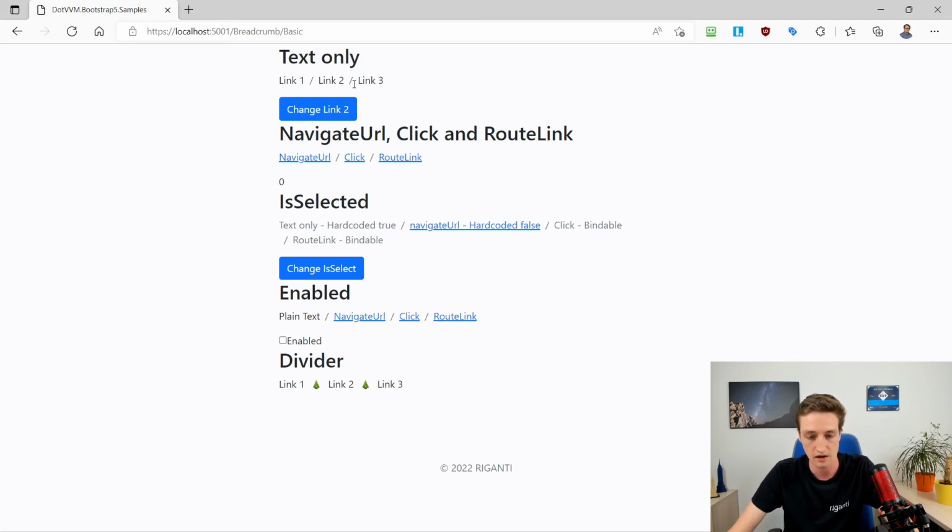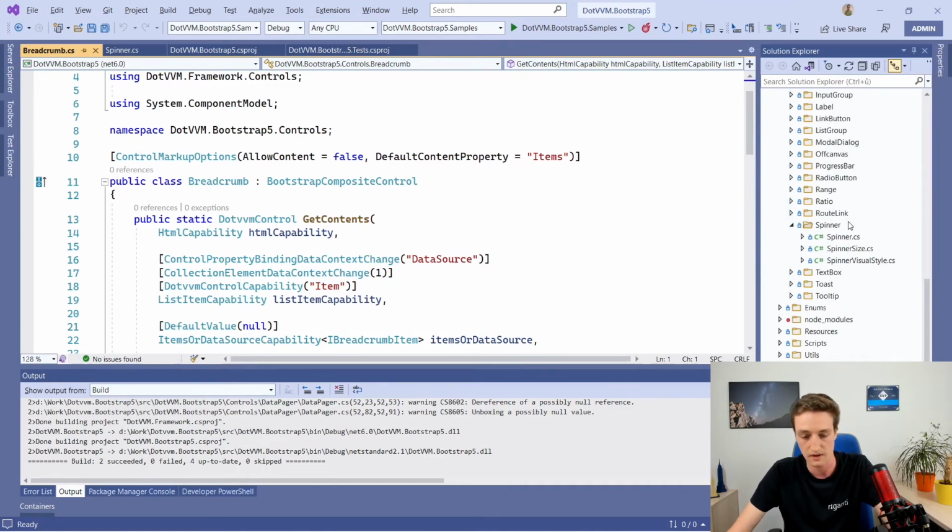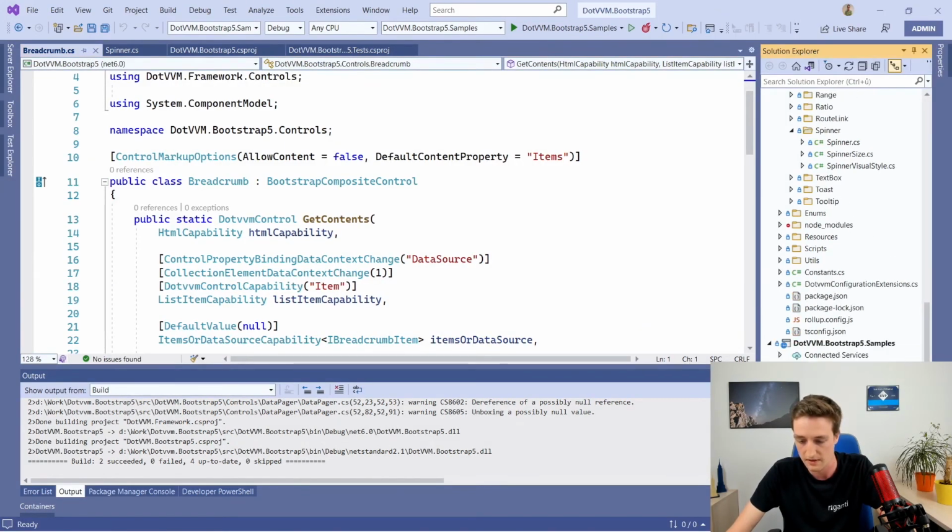And if you take a look at, for example, Bootstrap 4 and the API of a breadcrumb there, you will see that you can either pass a data source and basically say, okay, we have this particular binding for text, a particular binding for whether this item is enabled or not, and stuff like that. Or you can also pass the breadcrumb items. So if you take a look at this sample page, as I showed you here, we have a particular project with samples,